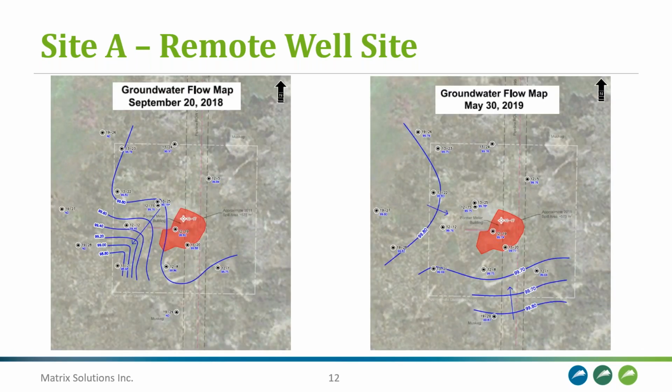So we also have groundwater flow maps that we created for the site. We measured groundwater flow in September of 2018 and again in May of 2019. One thing to note is that in September of 2018, we show groundwater flow to the west-southwest across the site. But in May 2019, we have groundwater flow going to the east on the western part of the site and actually going north on the southern part of the site. And the gradient is quite flat across the site itself. So this could potentially show that there's maybe some seasonal variation in groundwater flow direction at the site that we don't fully understand at this time.